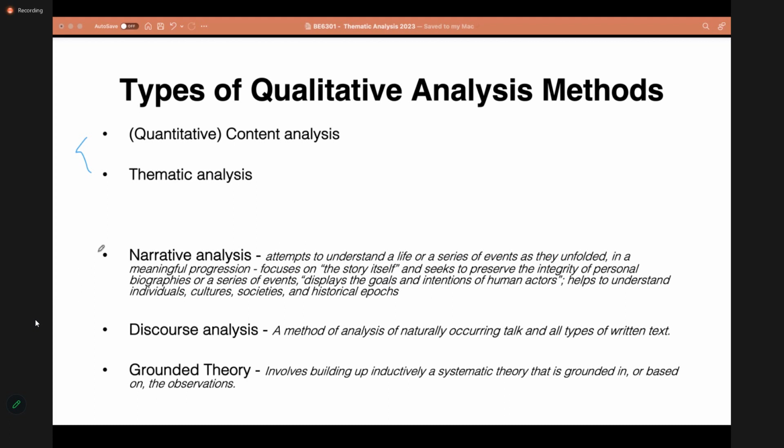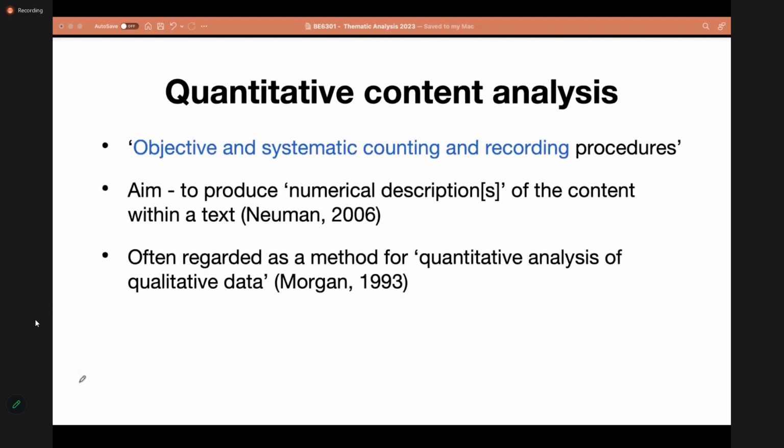We will not be going into that much detail on those today, but as I was saying, the first two data analysis methods, which are quite commonly used in most qualitative research, we'll discuss in a bit more detail.